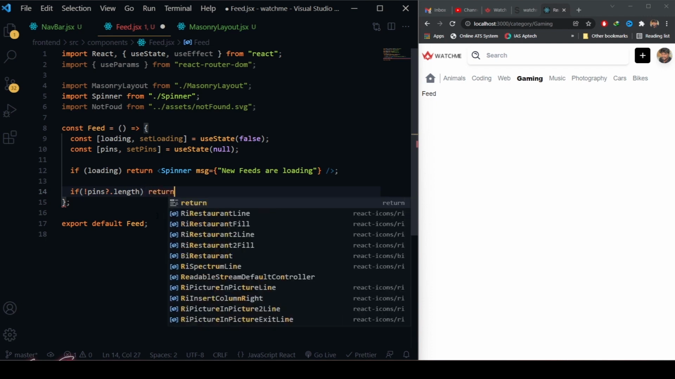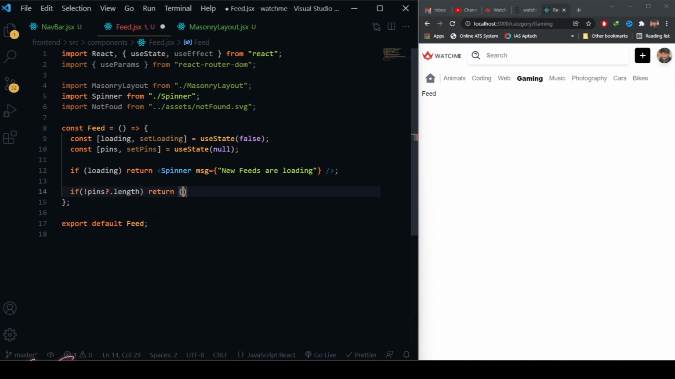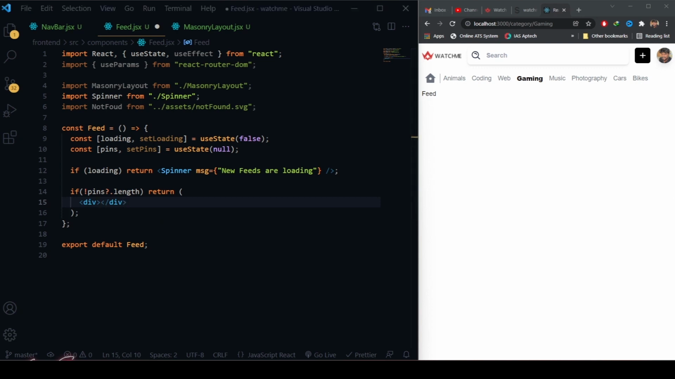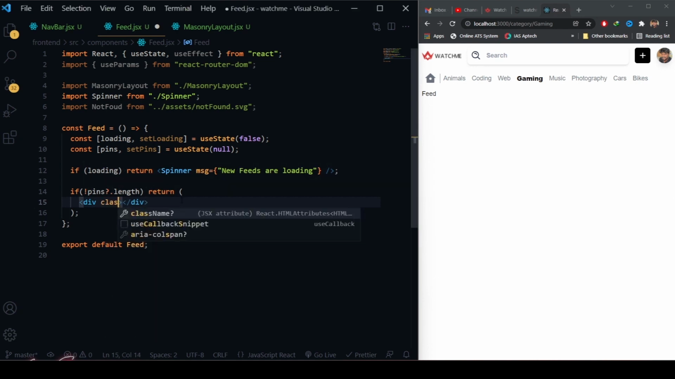So return, okay, return, let's add a semicolon over here, and then here what I'm going to do is return a division with the class. So if there is nothing to show, then display this particular thing. So class name equals